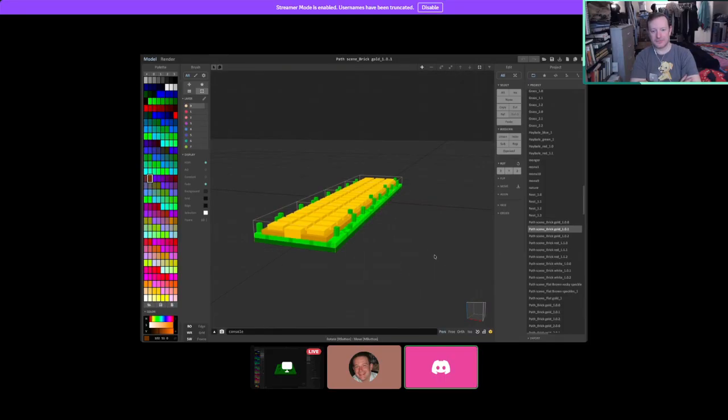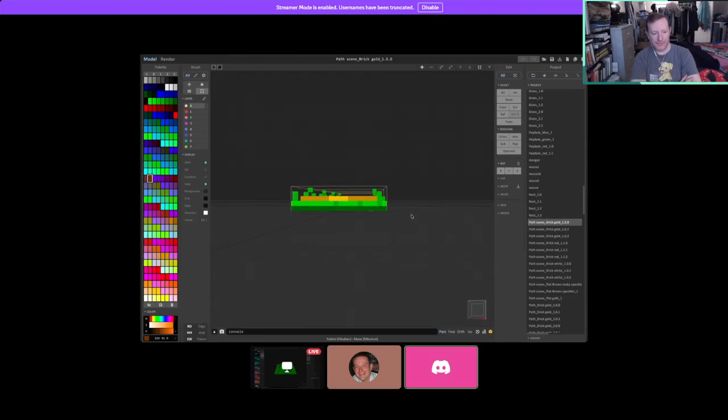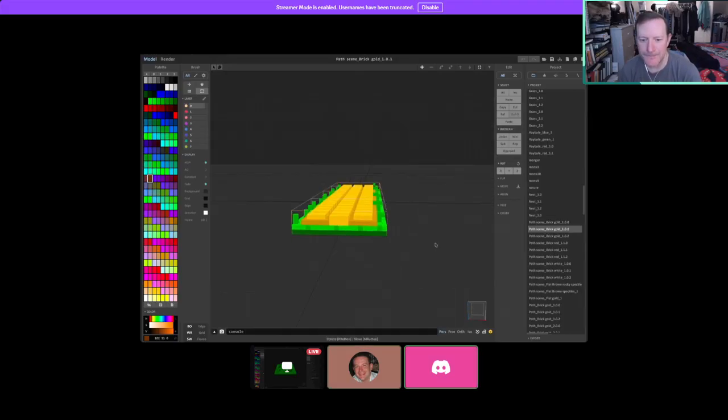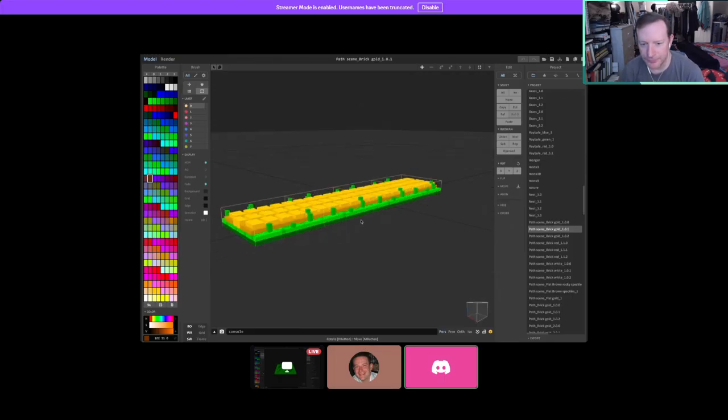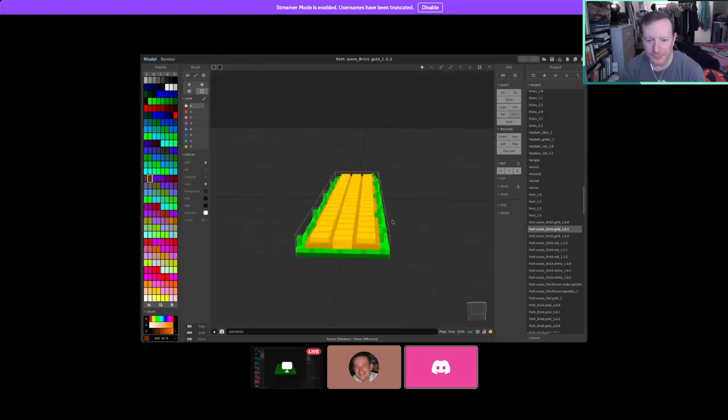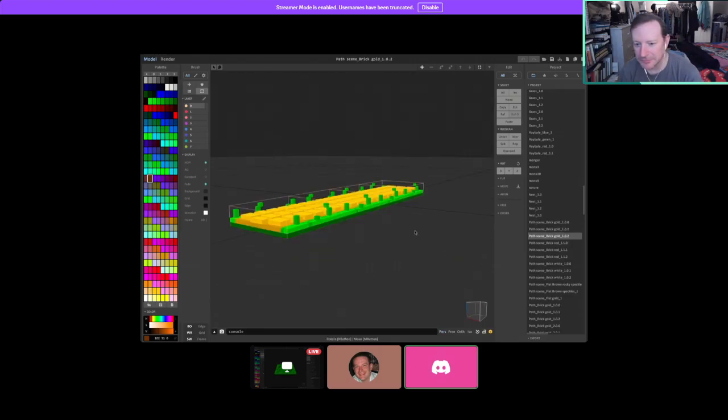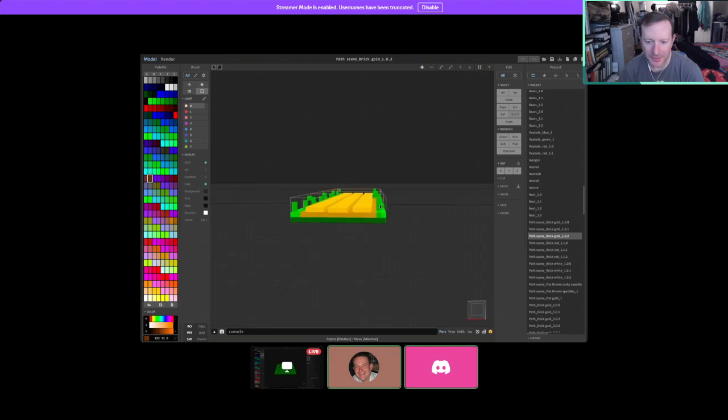But I have different variations. So this one is fully flat, as you can see. Like there's nothing sticking up. This one is not. The bricks stick up more, and the gold part above the grass, and this is above the gold part in this one. So it gives it more 3D aspect. And then in this variation, the gold part is inside the grass, but the bricks stick above the grass.